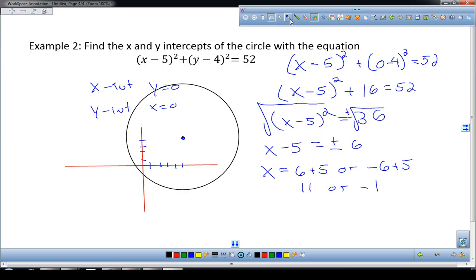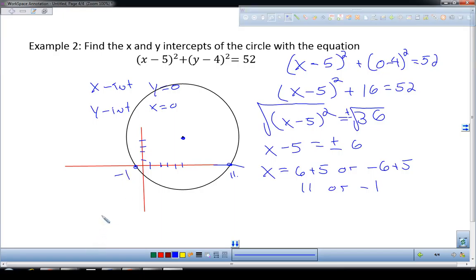Okay? So the 2 points where it crosses are going to be here at 1 and then over here at negative 1. Questions? Okay? To find your y-intercept, what do you do? Plug in 0 for x. If I plug in 0 for x, I get 25 plus